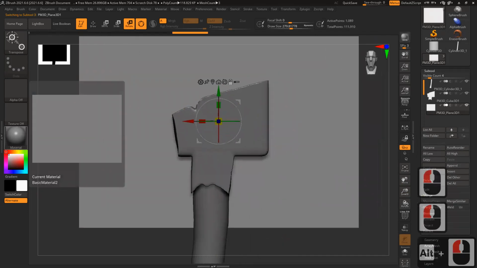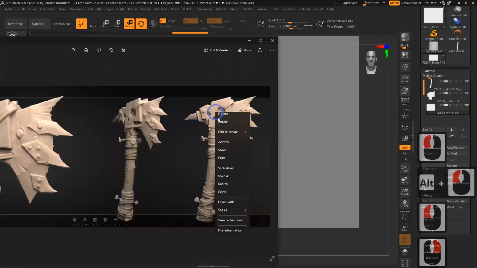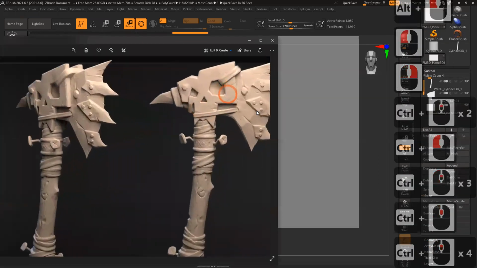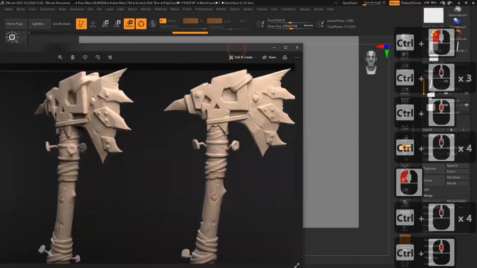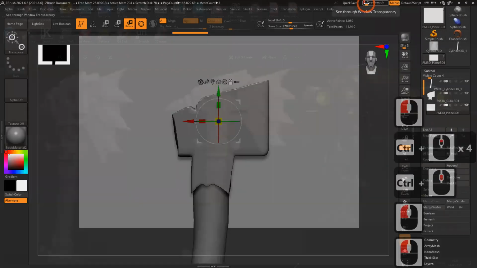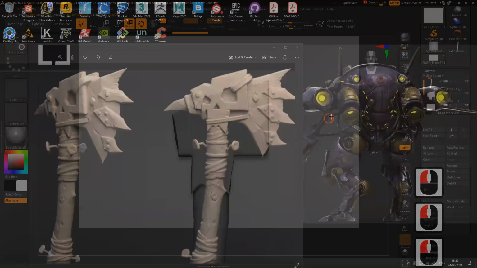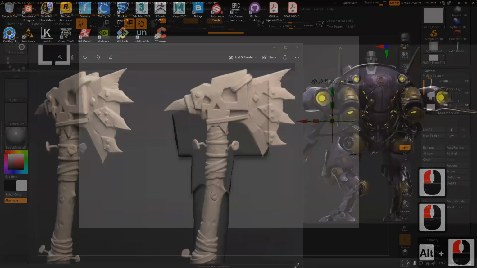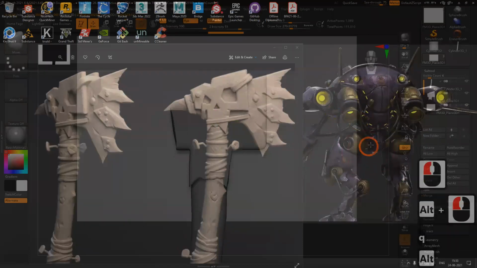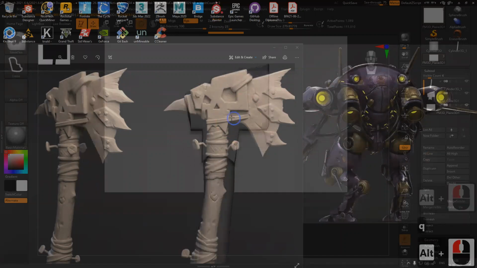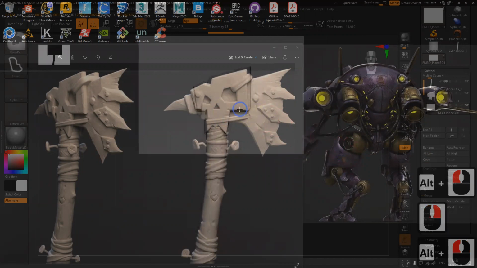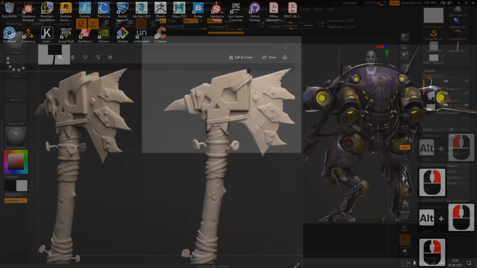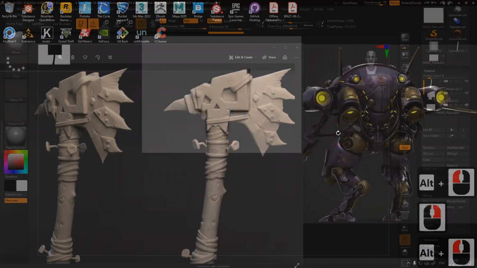Now I'll bring this image backside here. I can see the entire thing, make it see-through. Oh, sorry, my bad. Now I just simply match the shape. You can see the shape is not 100% correct.